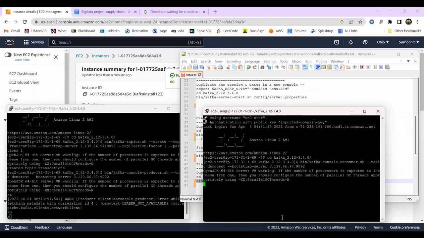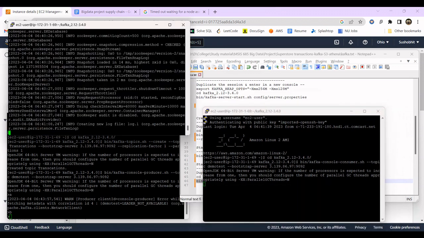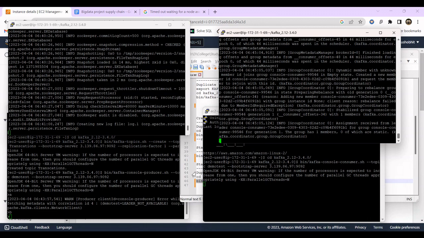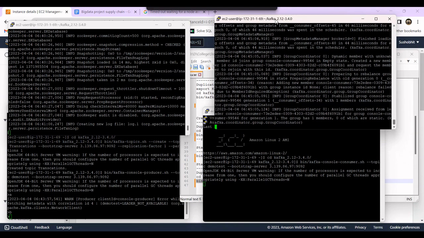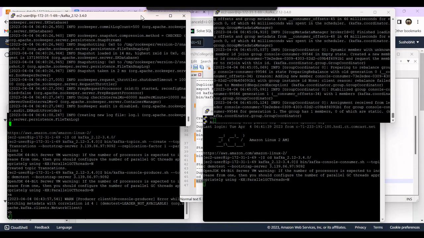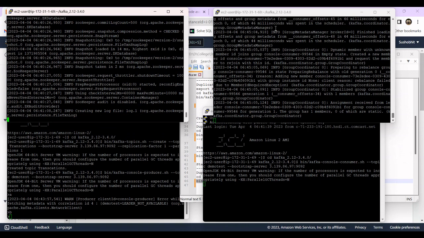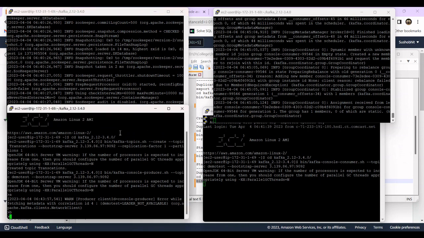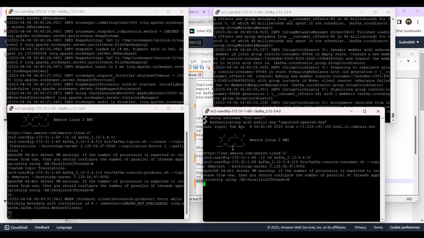So I will show you all the four terminals. So these are the four terminals. This one is the zookeeper, this one is the Kafka server, this one is the producer, and this one is the consumer. See, if I type anything, for example my name,